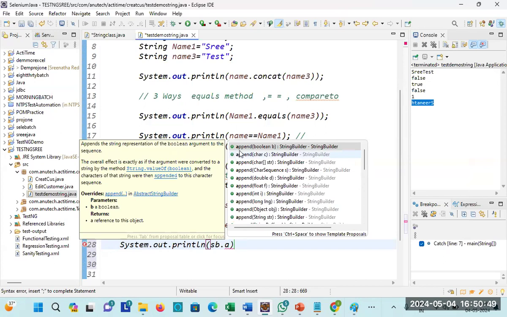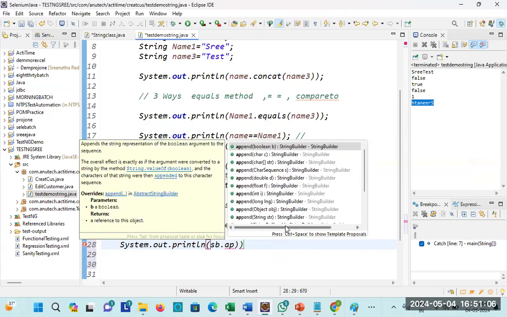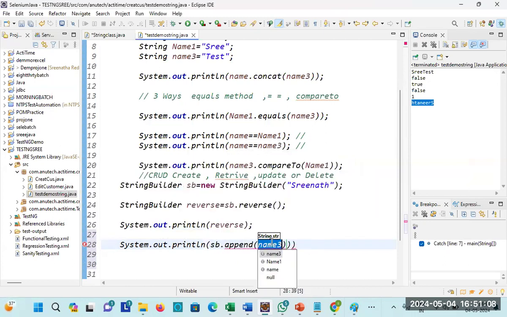We have the append, right? And we have string, character, string. So this one we can use with name 3, right? So now if I call this,